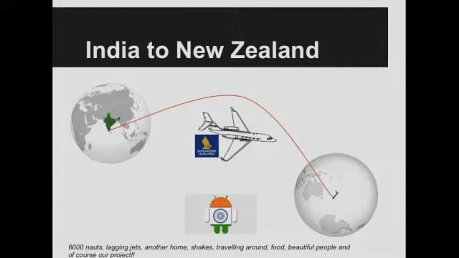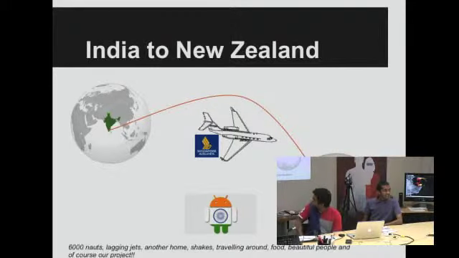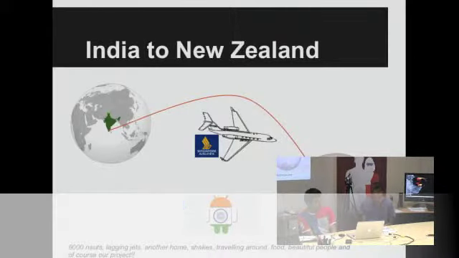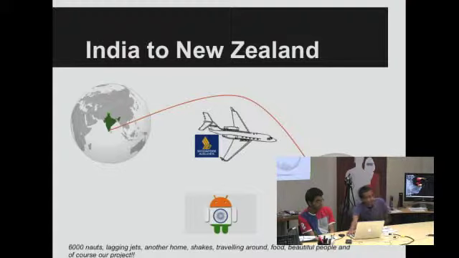So it's been like 4 months here in New Zealand, and then we flew for like 6,000 knots, and we came here, and we were welcomed by very good people actually, and then we had some ground shaking experience, literally, and it's been really good here. So that's kind of our visit from India to New Zealand,